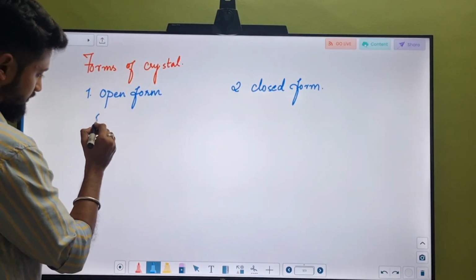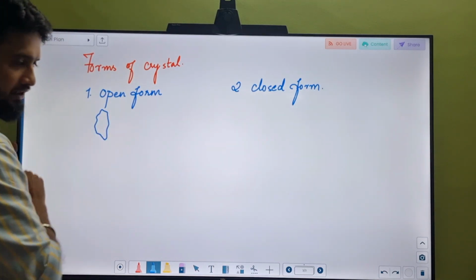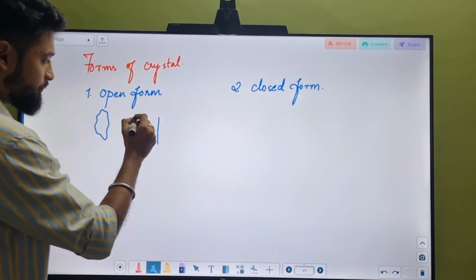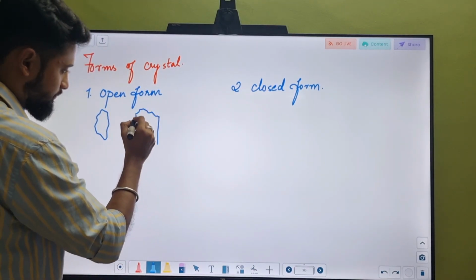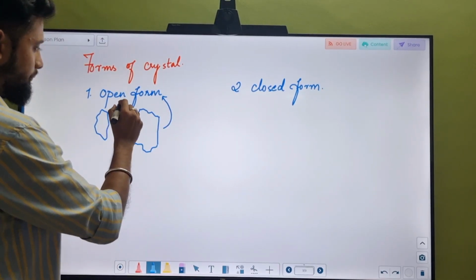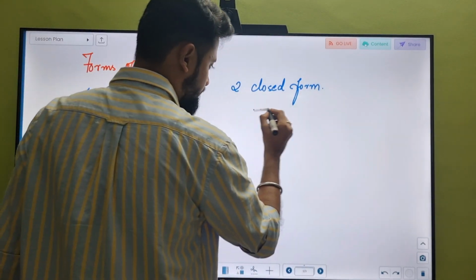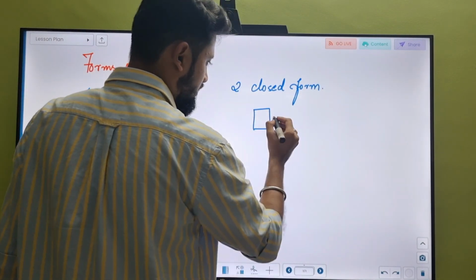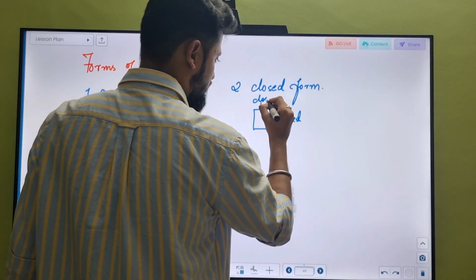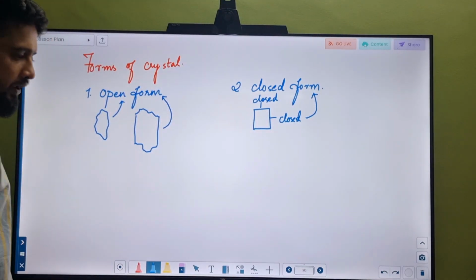Okay, so if I take a crystal which is underdeveloped, then we call this an open form, or a crystal where only one or two faces are developed, so we call it a crystal with an open form. In case of closed form, if the crystal is completely developed, or closed with well developed faces, then it is called a closed form. Okay,